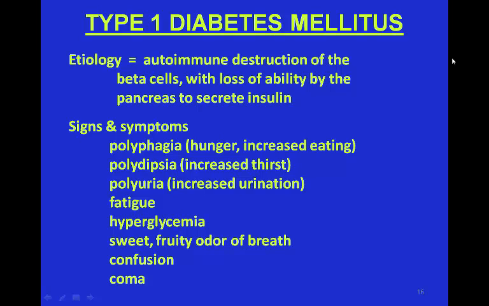At certain times the person may have a sweet or even fruity odor to the breath. It also smells a little bit like acetone, if you know what that smells like. This is in the person whose blood sugar is really out of control, such that they're breaking down significant amounts of fat just to keep their cells metabolizing, and breakdown products of fat have that characteristic smell to them. The individual will have confusion. They can go into a coma called diabetic coma, and they can die if the diabetes or the symptoms are not treated after a certain amount of time.